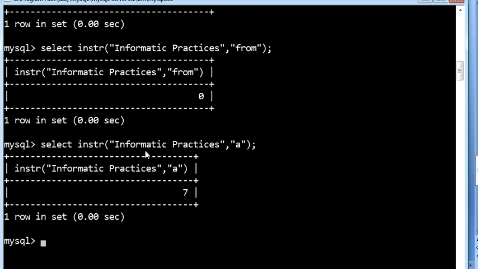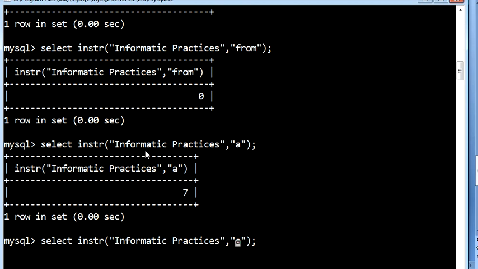Hope you understood. I'll repeat once again. If the substring you want to search occurs multiple times in the actual string, it returns the first occurrence of that substring only, the index position where it is first identified. Now let us see one more example.